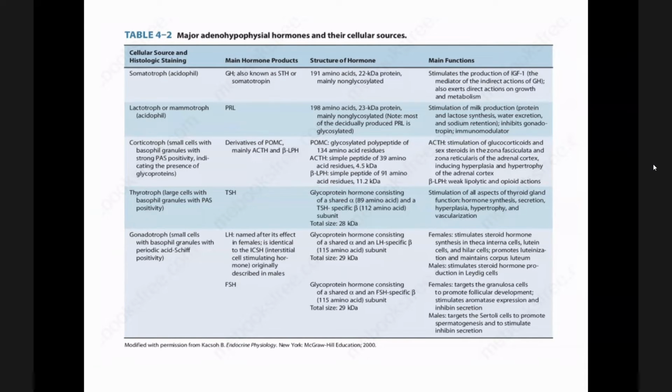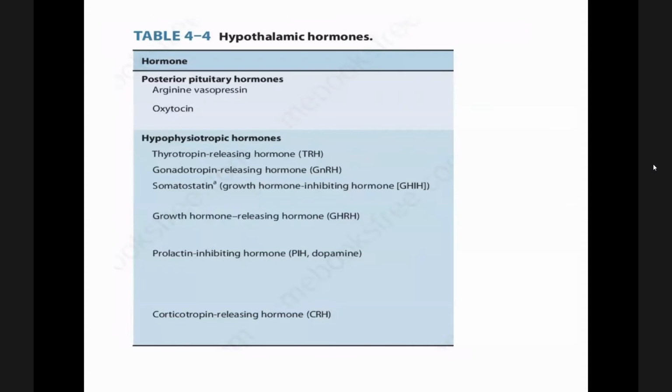In females, luteinizing hormone also helps in stimulation of steroid hormone synthesis in theca cells and helps in menstruation. In males, it stimulates steroid hormone production in Leydig cells, and follicle stimulating hormone in females has a different function, which helps in follicular development, and in males, in Sertoli cells, spermatogenesis. So the hypothalamic hormones